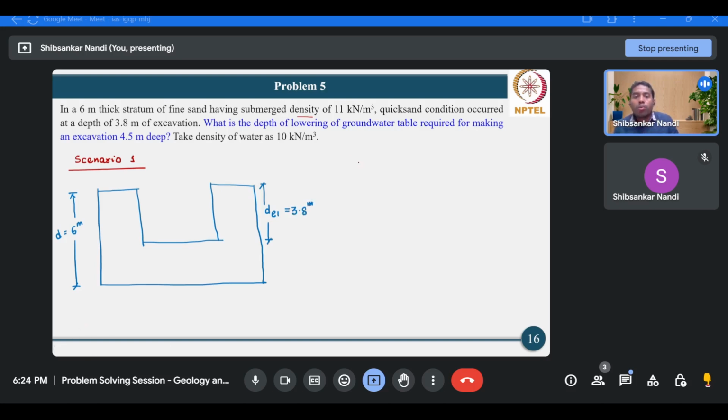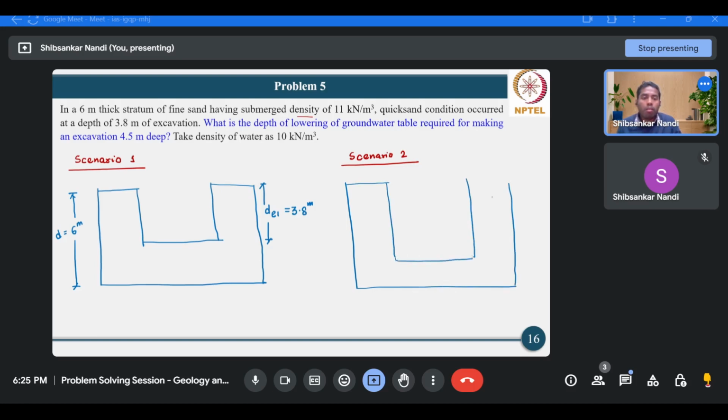Now for scenario 2, again this is 6 meter, but in this case the excavation depth is increased to a value of